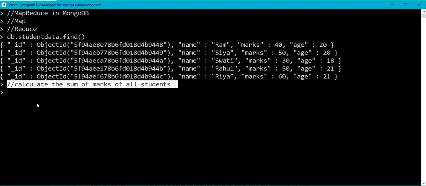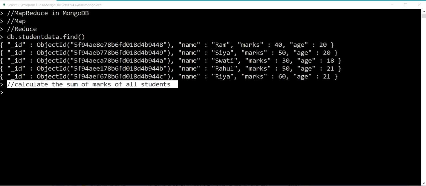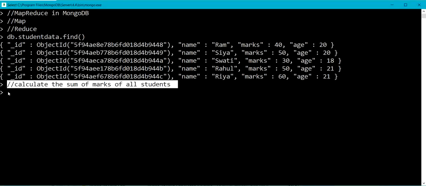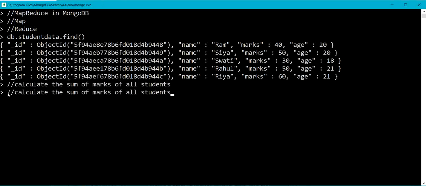So here I am going to use keyword var to declare variable map function. So let me declare the variable. Var map function.